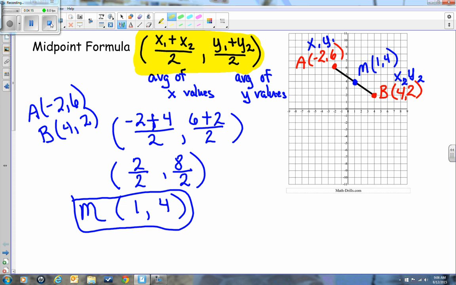That's it for the midpoint formula. We'll try one on example 2 in just a